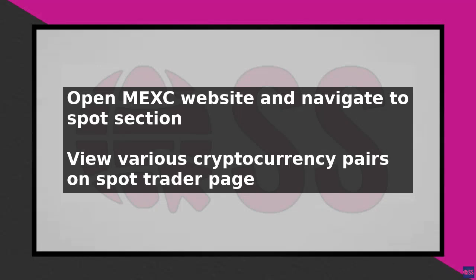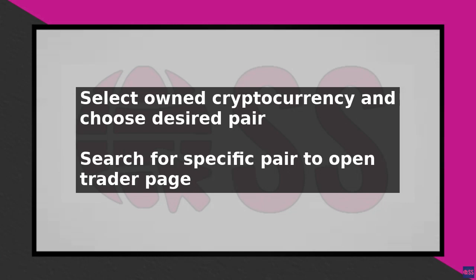To convert one cryptocurrency into another on MEXC, start by opening the MEXC website and navigating to the Spot section. This will take you to the Spot Trader page, where you can view various cryptocurrency pairs. Select the cryptocurrency you currently own, such as USDT, Ethereum, or Bitcoin, and choose the pair you want to trade